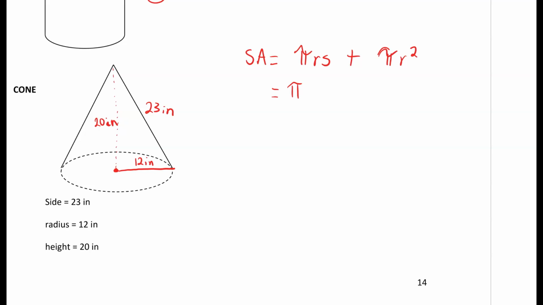The first part, we put pi down, multiplied by a radius, which is 12, multiplied by the side, which is 23, plus pi, and then we have our radius, which is 12, and it's squared. So we have pi multiplied by 12 times 23, which is going to get us 867.1, plus pi multiplied by 12 multiplied by 12, or you could look at it as pi r squared, which is 12 squared, we get